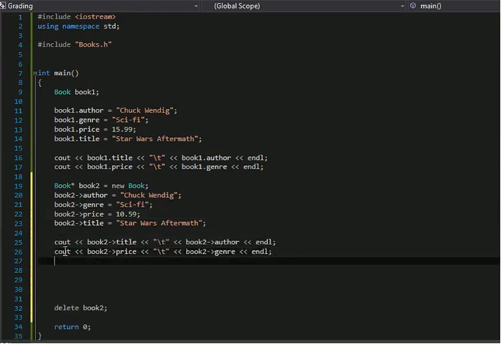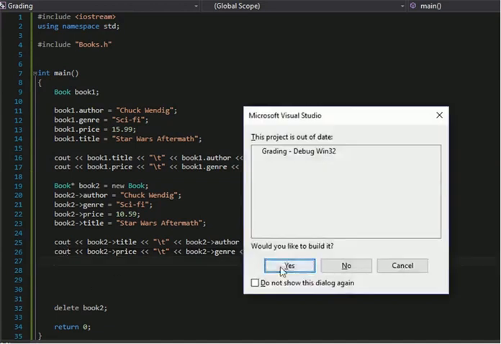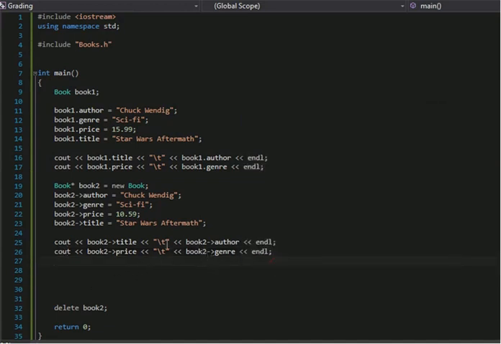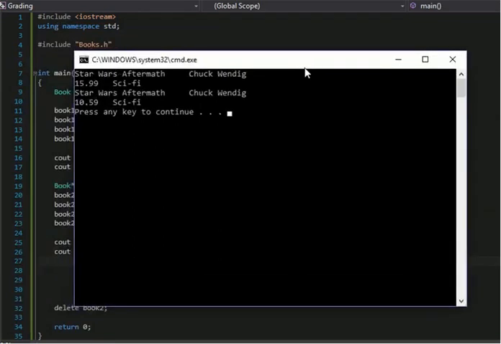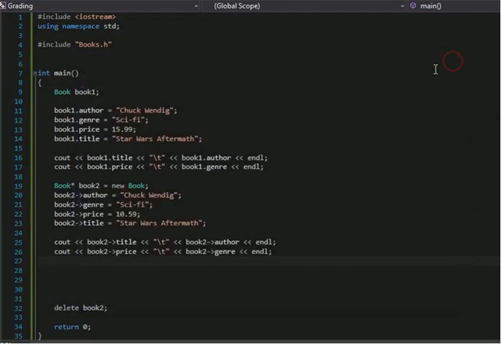And there we get some output going. It should look similar to what we have up above, except now the price has changed. Everything else I left the same, and there's the output that you get. Two different prices, two different instances, so whatever I change in one does not affect the other one. They are completely different